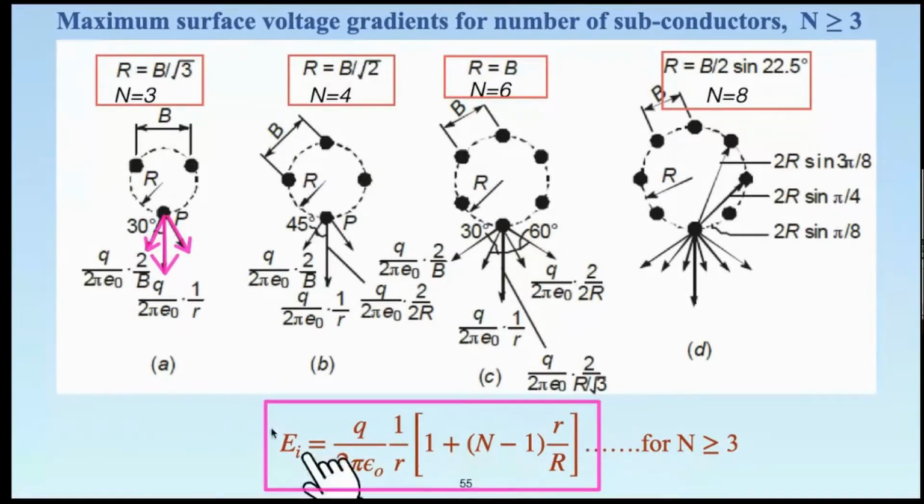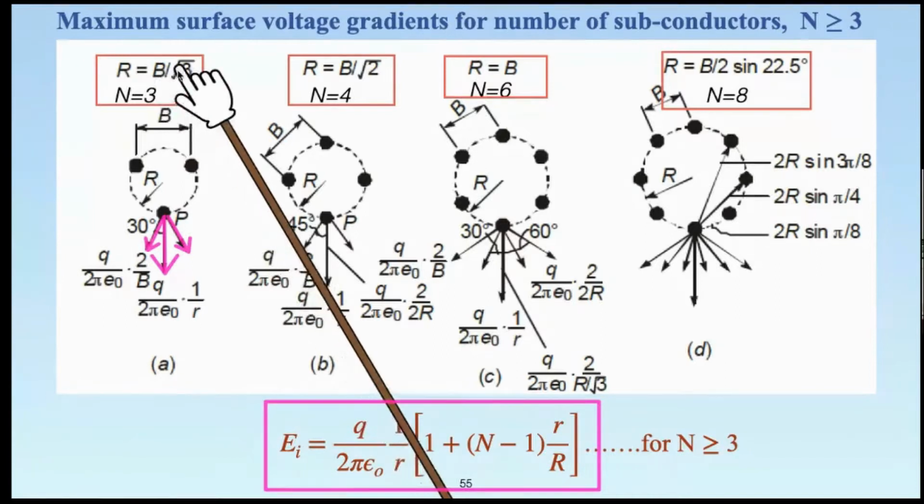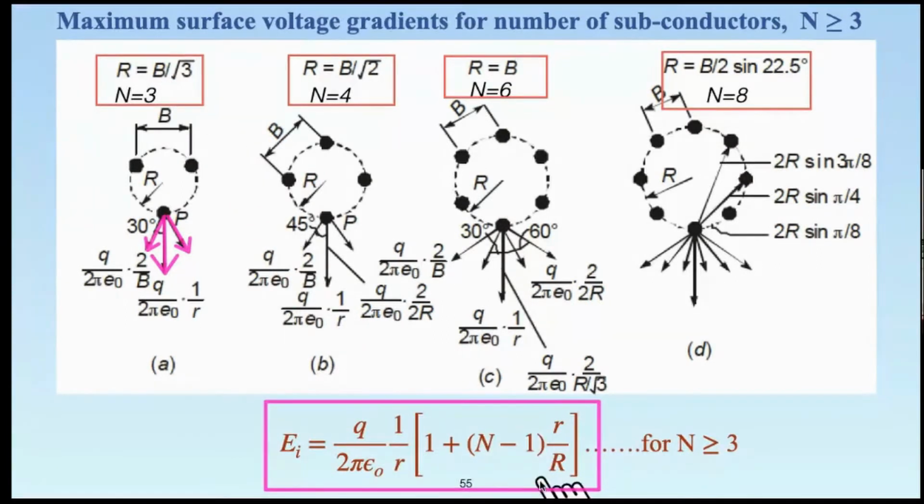Plus, inside, you have q upon twice pi epsilon 0 times 1 by r taken out, so you have to multiply by r for the second and the third term. That's why r is here. And then b by 2 is replaced. When you replace b, you have to understand that r is related to b by root 3. So those replacements are done, and then they can be simplified in order to arrive at such a relationship. We are going to see in the example how the summation of these three terms results in this particular type of equation.